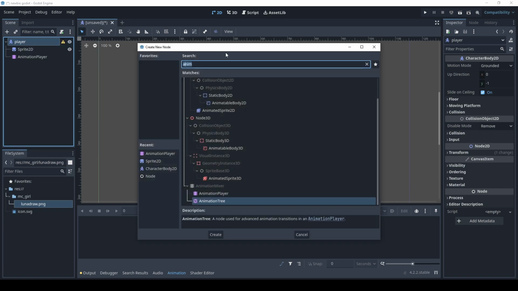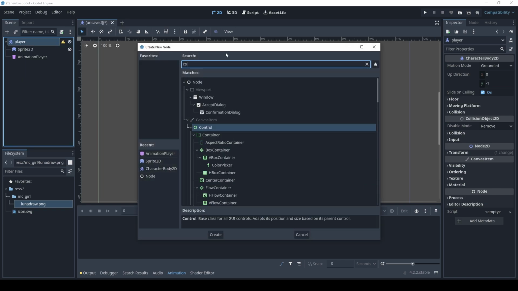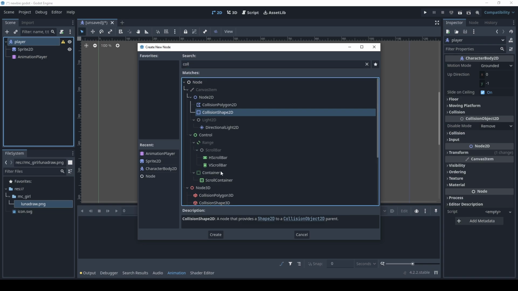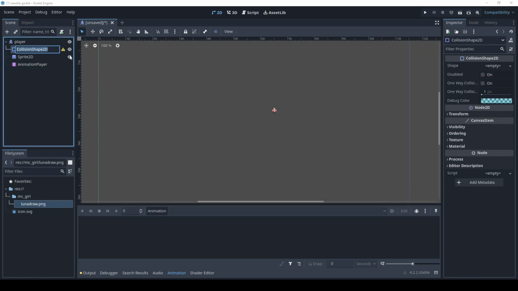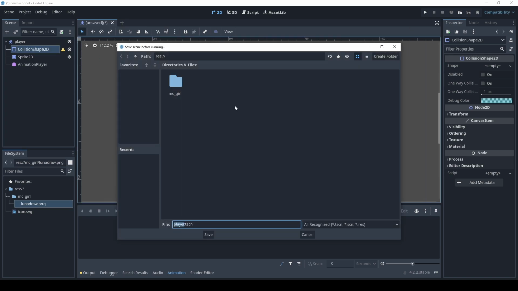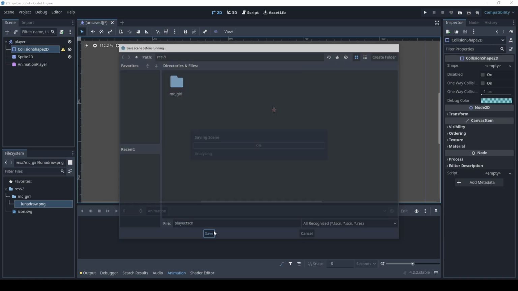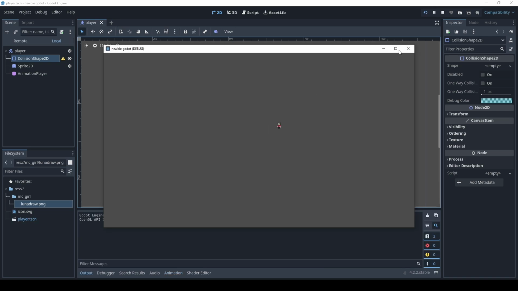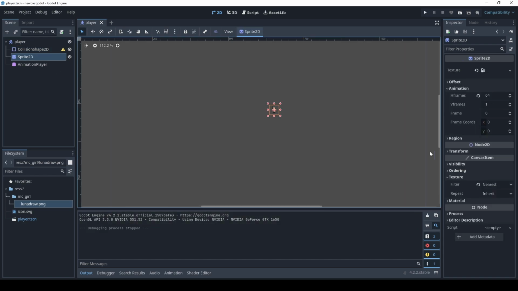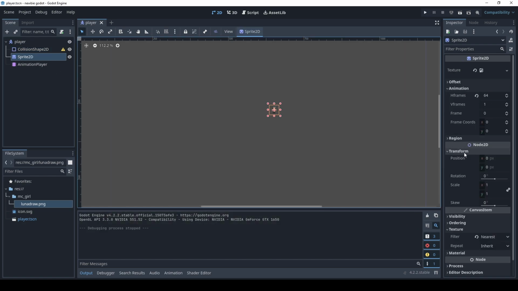We search the collision shape 2D here, and then if it's very small, I bet it's too small, we can just make it bigger, 5 maybe.